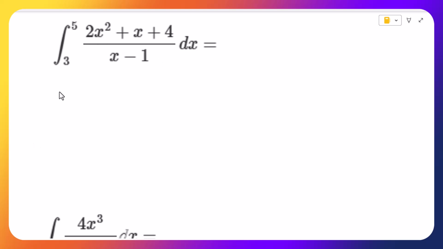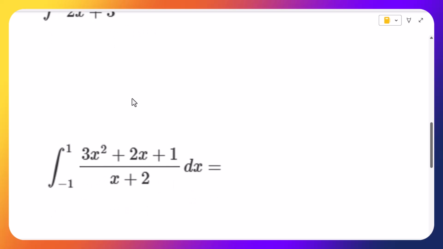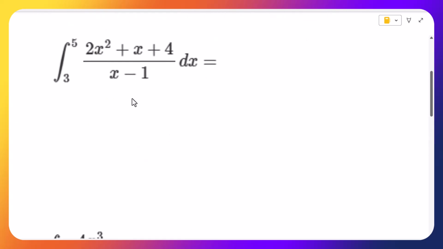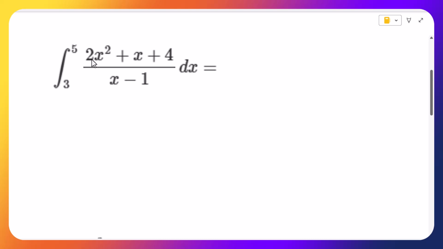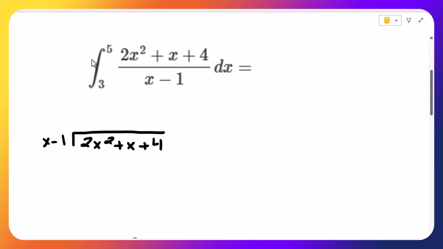But I see we're dividing something, and I see my exponent on the top is bigger. Okay, so let's try just doing long division. So let's do 2x squared plus x plus 4 divided by x minus 1. And you probably have not done long division since Algebra 2, because it's in Algebra 2 that you learn this, and you also learn synthetic division. You could also use synthetic division here, probably. Actually, no, you can't use synthetic division. Okay,